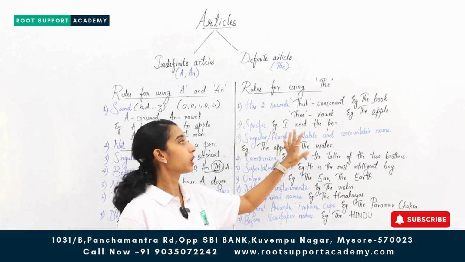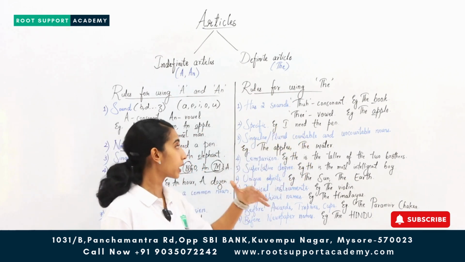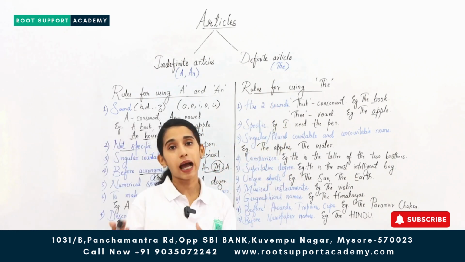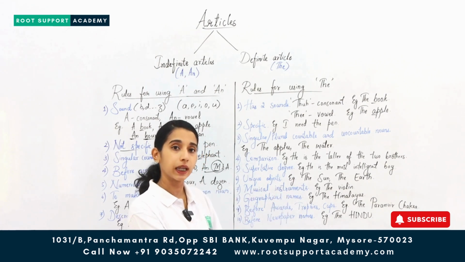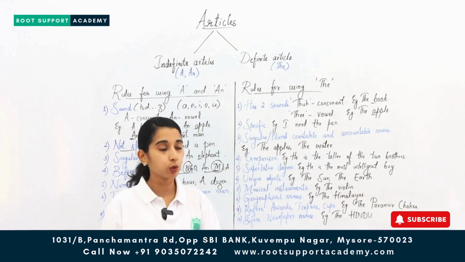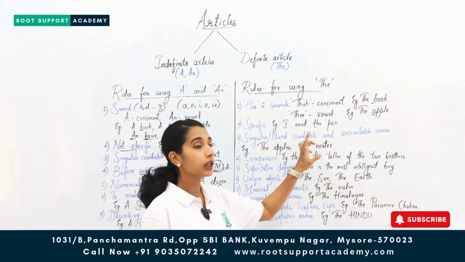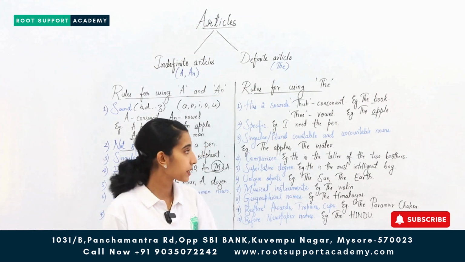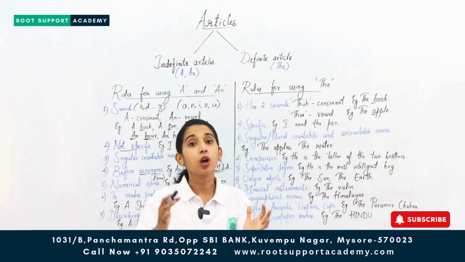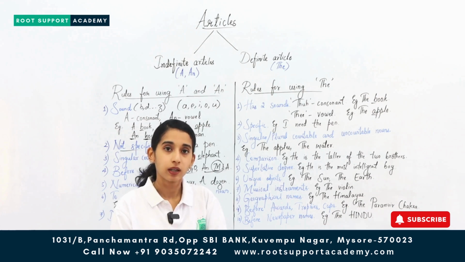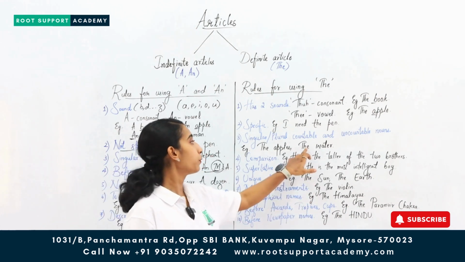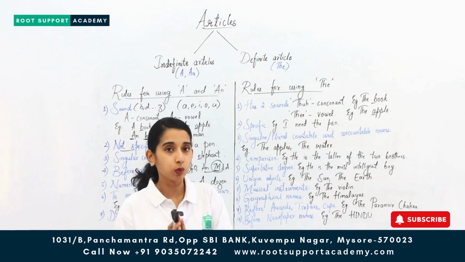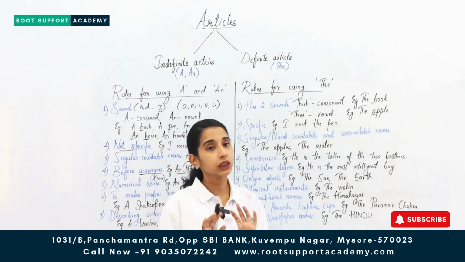Next, singular, plural, countable nouns, uncountable nouns. With all the different types of nouns, the can be used. Example, the apples. The apples are on the table. Again apples are plural, so we can use the here. Next, the water. If I'm saying the water is clean, I can't specify how much water. It is again uncountable. I'm not specifying the quantity of water, it can be any quantity. So before that I'm using the water. You can't use a water or an water. You have to use the definite article the.